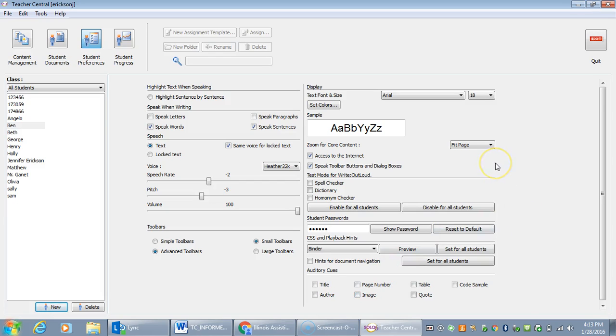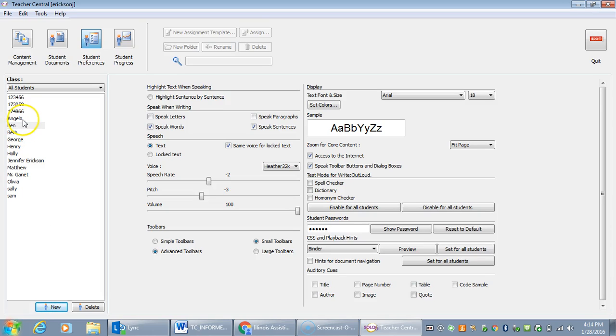I just wanted to show you that so that you can go ahead and play around with this, take a look at it, and remember you can create a fake student in your account so that you can play around with it, so you can see what it looks like, and then see what your students will have access to and what they don't have access to. Okay,